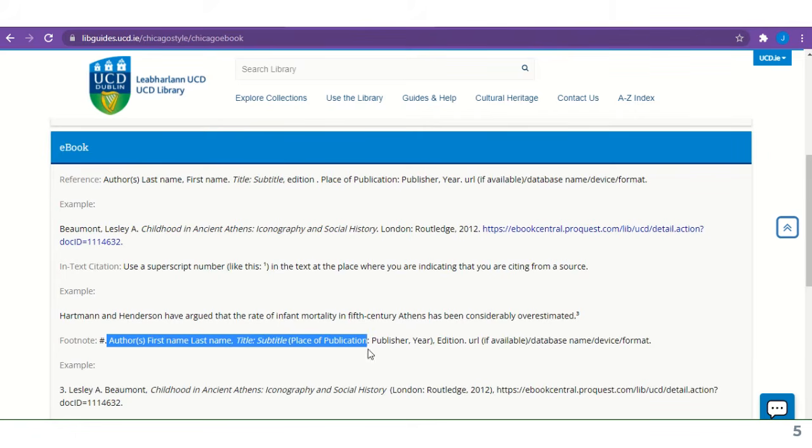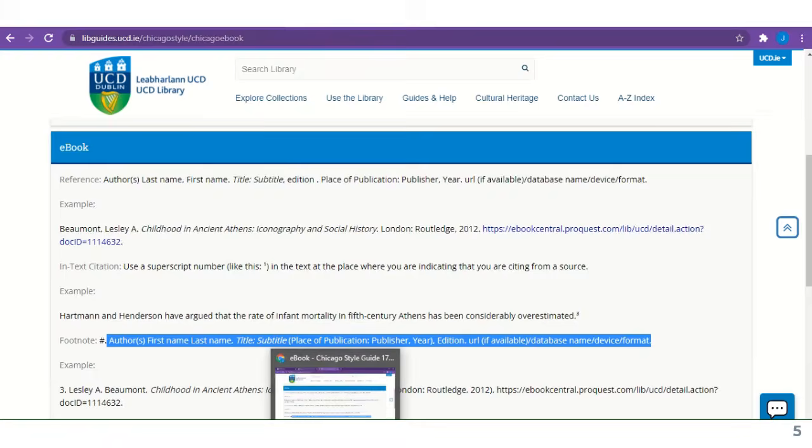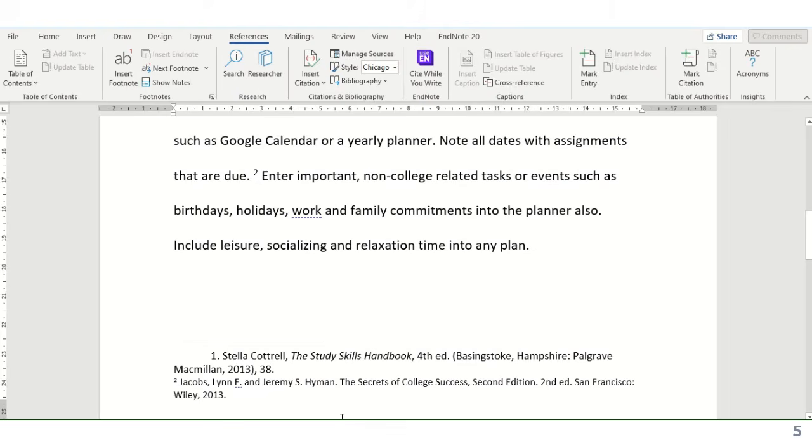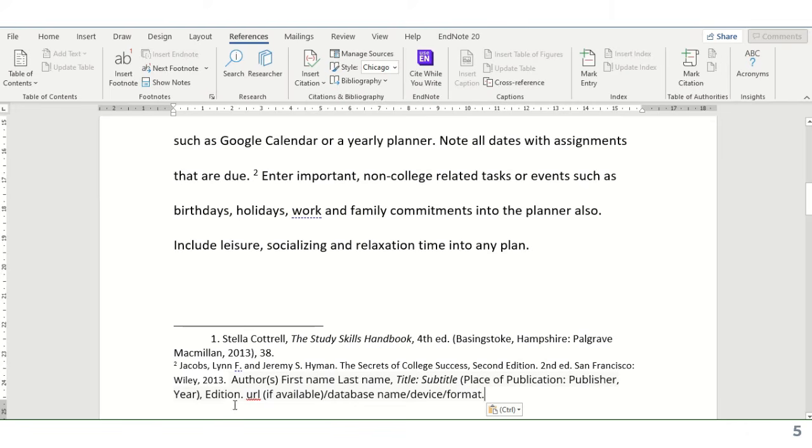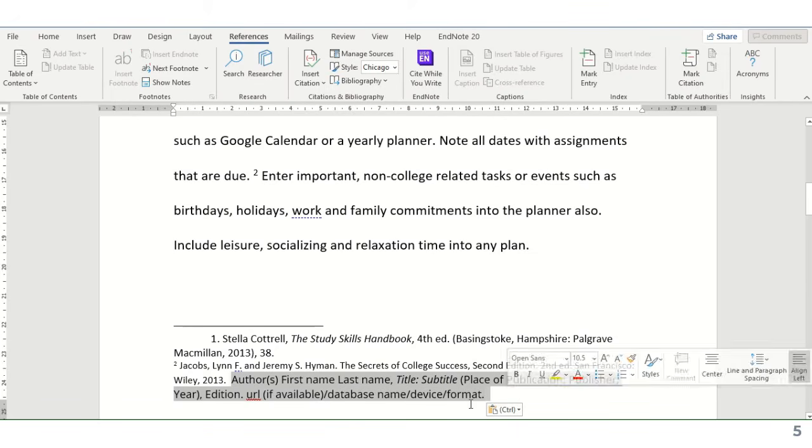Now a handy trick which I find useful is to copy and paste either the template or the example of the particular item into the bottom of my document so that I can format my reference to look exactly how it should be. So this section here is what my reference should look like,